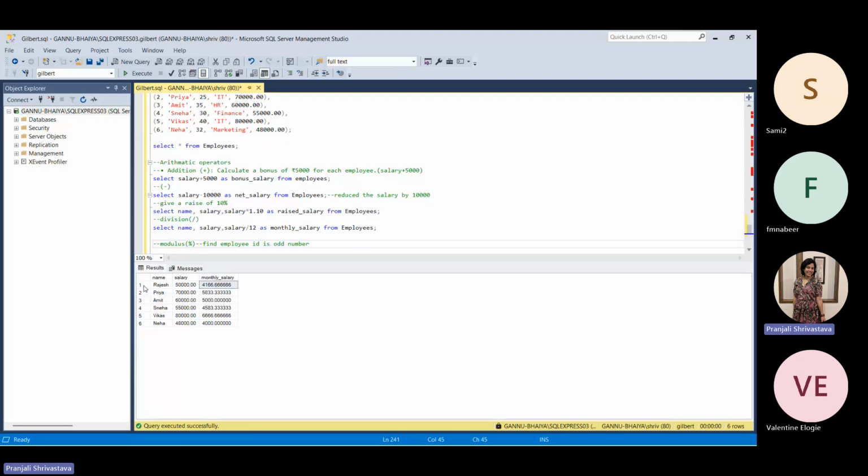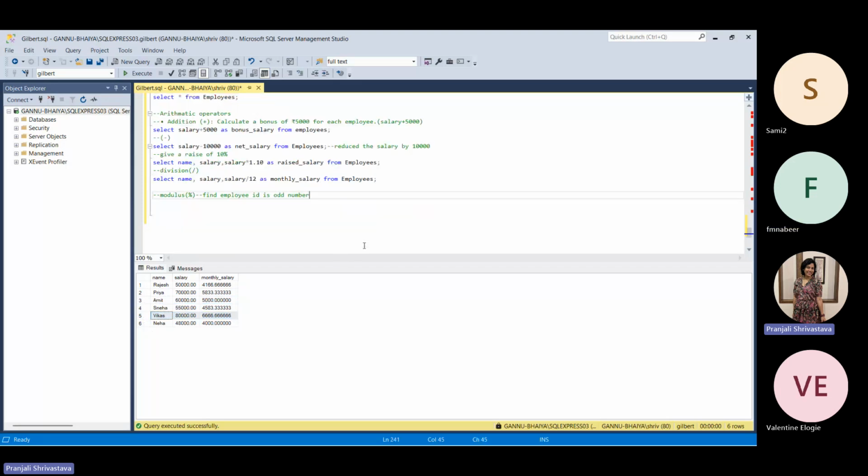What I can see is that Rajesh's employee ID is 1, Amit's employee ID is 3, and Vikas's employee ID is 5. So 1, 3, 5 will be the odd numbers. Now, how can I find out these odd numbers with the help of the modulus operator? For that, I can simply write select. Observe how we use this modulus. Select everything from the employees table